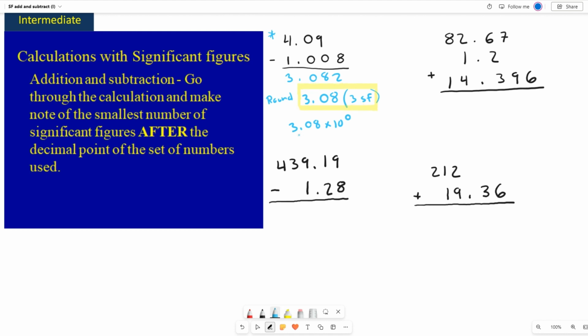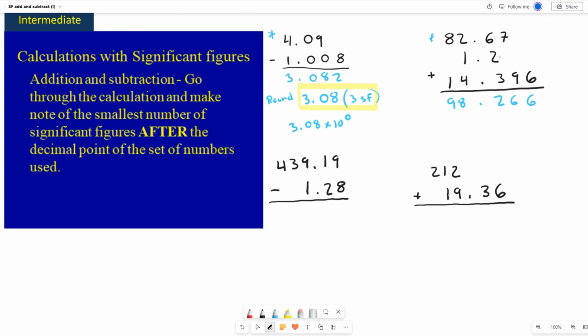If we take a look at the second problem, 82.61 plus 1.2 plus 14.396. The first number has 2 figures after the decimal. The second number has 1, and the third number has 3. That means our answer can have no more than 1 decimal place because of the 1.2 that only has 1 decimal place. So when you would add those numbers together, you would initially get 98.266,